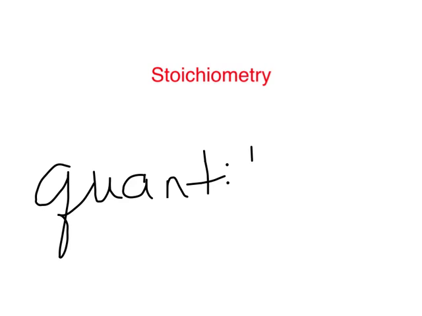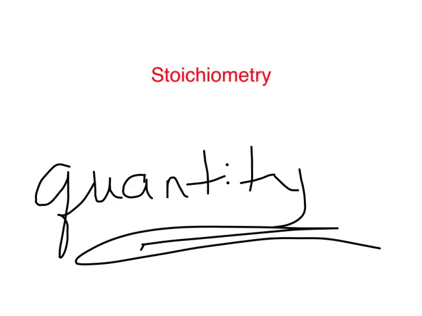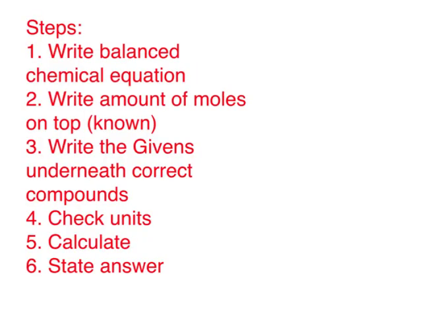Okay, let's look at stoichiometry. What is stoichiometry? Stoichiometry is all about quantity. If you have something, how much are you going to make? How much are you going to use? So it's quantity. The steps to writing a balanced chemical equation, I just took the steps we talked about